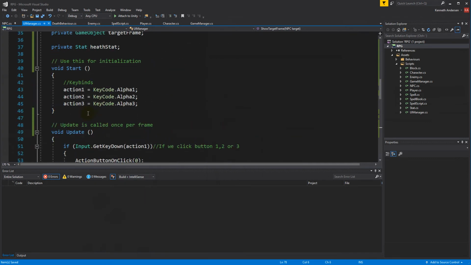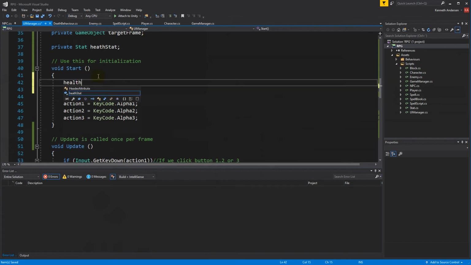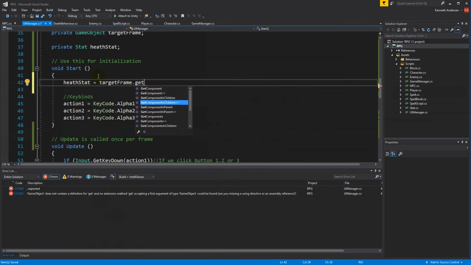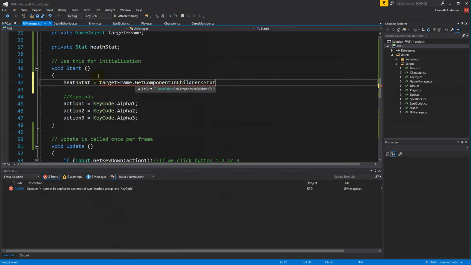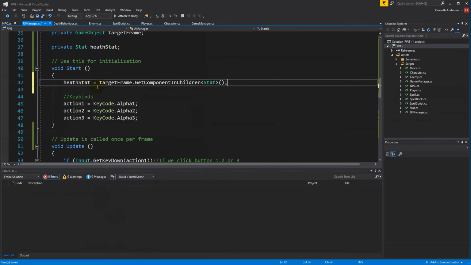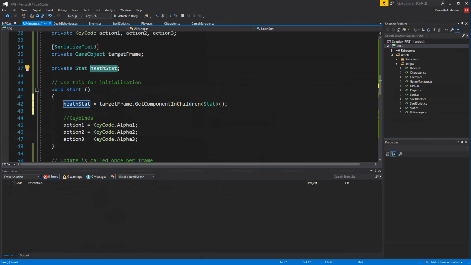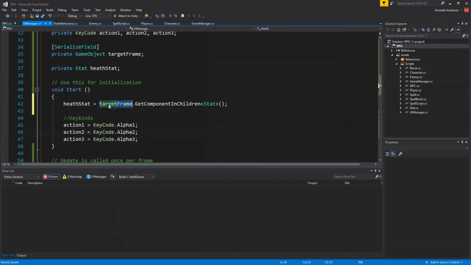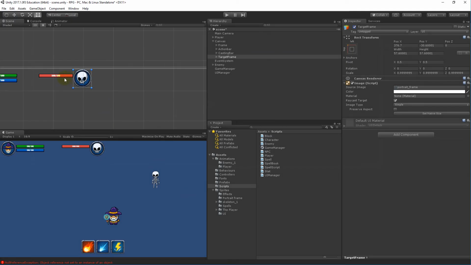Let's see, we have update here, have start here, and I can say health stat equals target frame dot get component in children stat. So what am I doing here? Well, I have my health stat here, and the health stat is what is going to update this health bar up here. Well, I want to take the target frame's component in children stat and reference it here in the script,